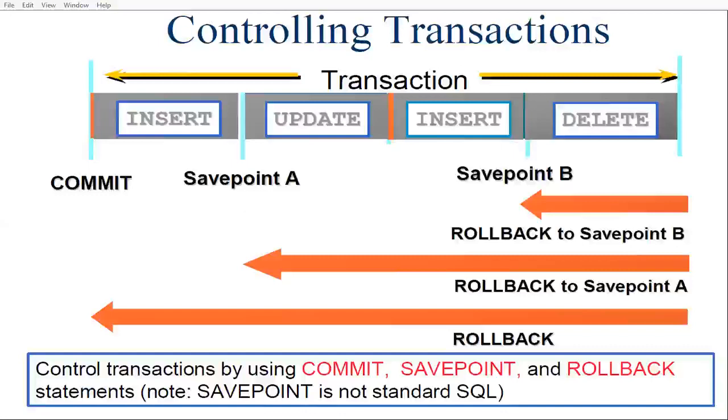I hope you are able to understand, right? So here the first one is rollback to save point B. Up to save point B, you are cancelling the transaction. And when you invoke rollback to save point A, you are cancelling the transaction up to save point A. And the next one is rollback. When you simply say rollback, the entire transaction will get cancelled. From the arrow marks you can easily understand: the first stops at this point, the second stops at this particular point, and when you say rollback, the entire transaction gets cancelled.